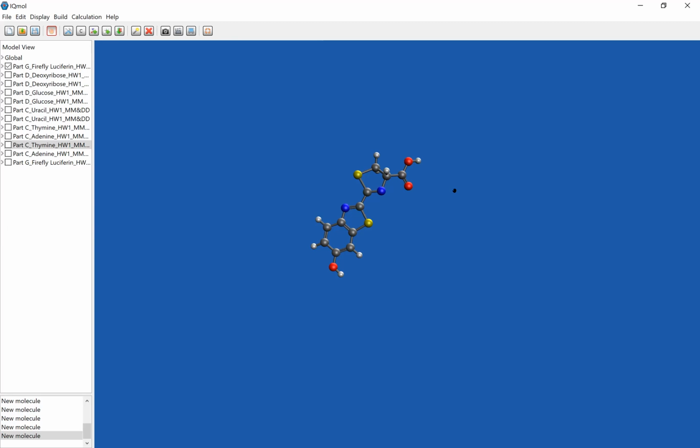The five-membered ring containing sulfur and nitrogen is called a thiazole, which is this guy right here, which is attached to this benzene. And those two together is called a